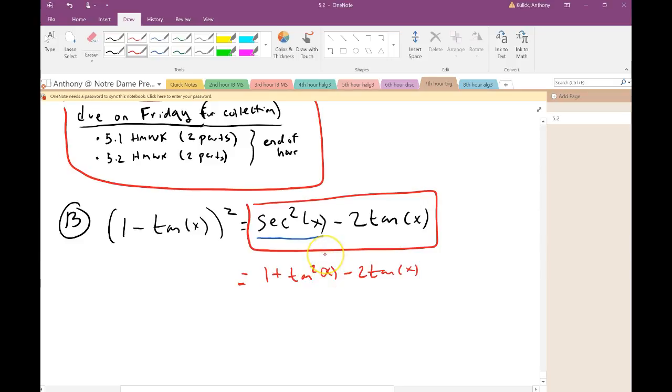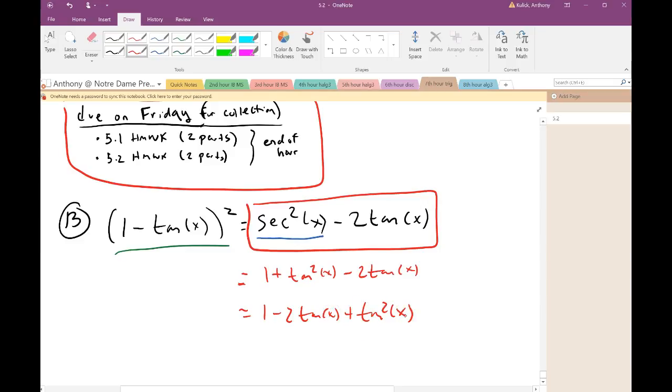I knew that I wanted to choose that particular property because when I looked at the left-hand side, the only operation or the only trig function on there was tangents. So I wanted to rewrite secant in a way that got the right-hand side to only have tangents in it. Everybody okay with that idea? Okay. So if I look at this carefully,